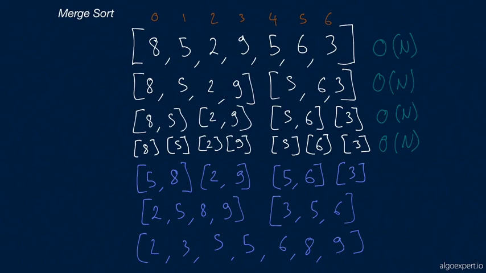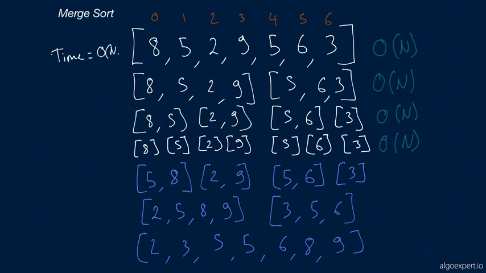Well, this is where we can think back to binary search, right? If you're unfamiliar with binary search, you may want to check it out right here on algoexpert.io. We cover this there. But that's where the log of n is going to come into play. Because we divide each array in half, then we further divide them in half, and then we further divide them in half, we get log of n. And so we have a total of log of n O of n's, which ends up being a total time complexity of